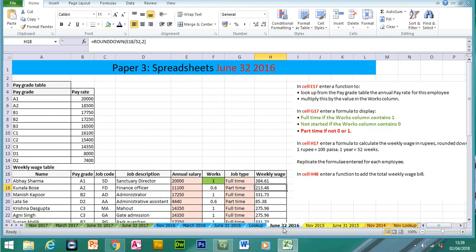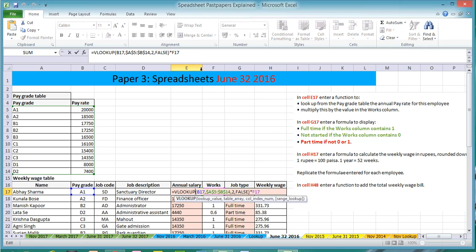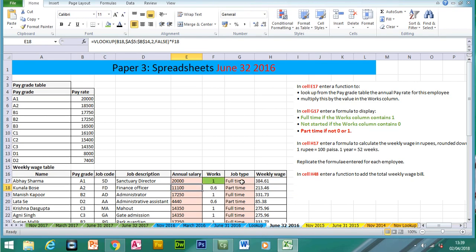Okay, June 2016 was straightforward enough, I feel. Let me just come to here. So if you are doing a VLOOKUP, try and do it in two parts. If there's a multiplication, do it after you've completed the first part. And we also had an if statement to work out if they were full-time or part-time